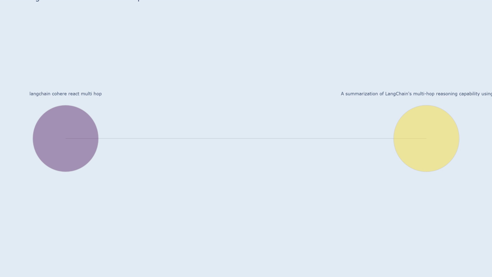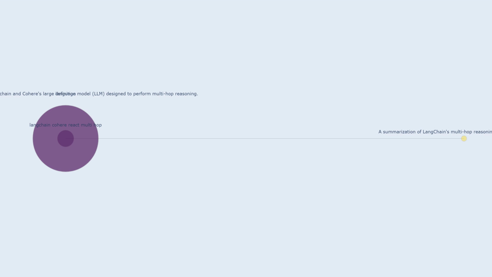LangChain Cohere React Multi-Hop. A description of LangChain's multi-hop reasoning capability using Cohere, encompassing definition, components, architecture, role, advantages, and challenges. A combination of LangChain's chain and Cohere's large language model LLM designed to perform multi-hop reasoning. This approach leverages the strengths of both frameworks to enable complex question answering and problem solving that require multiple steps